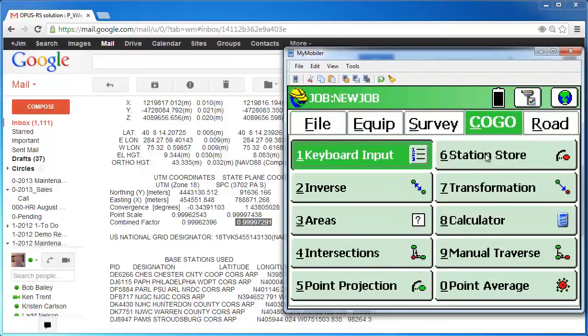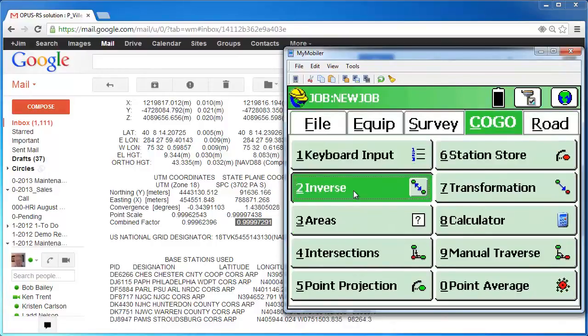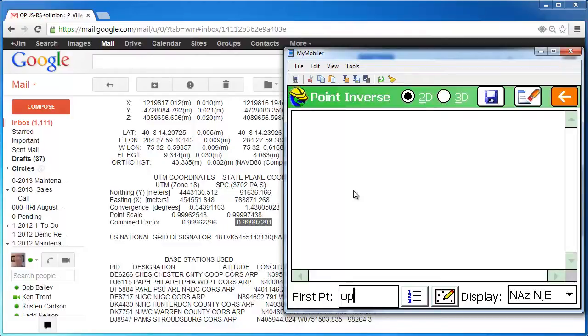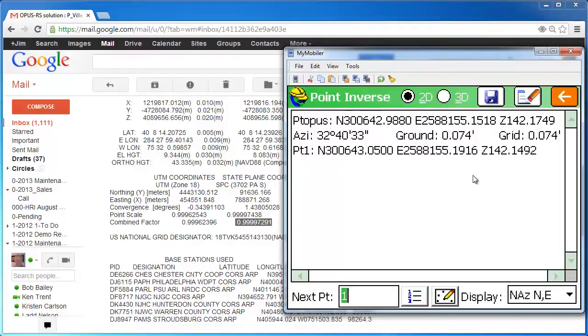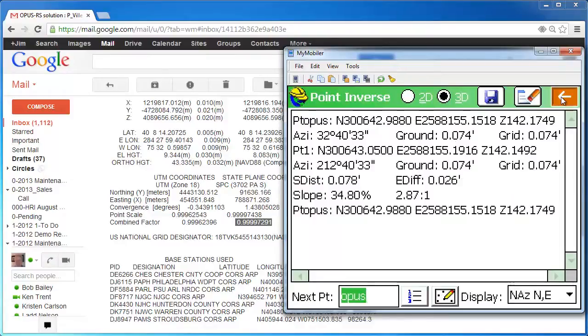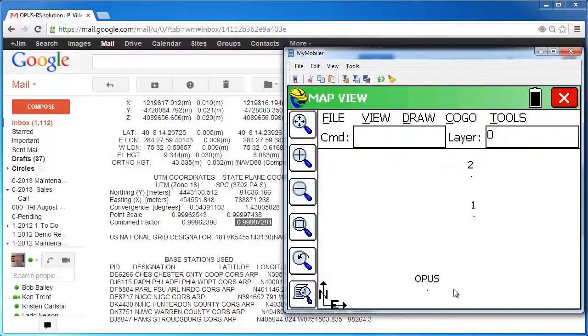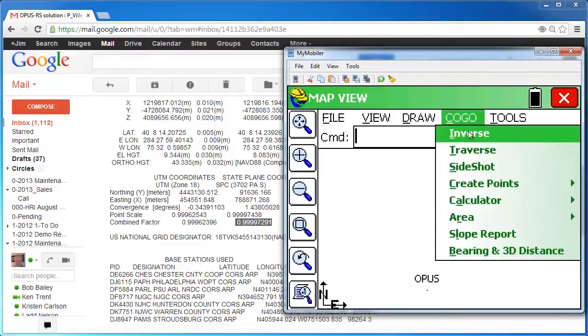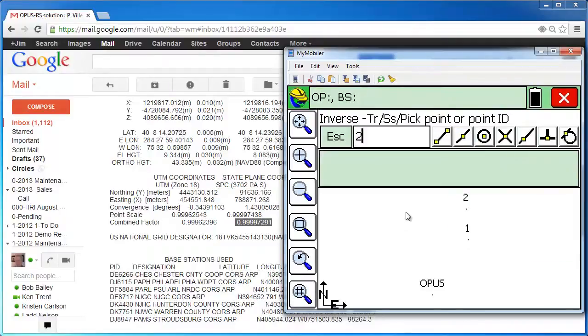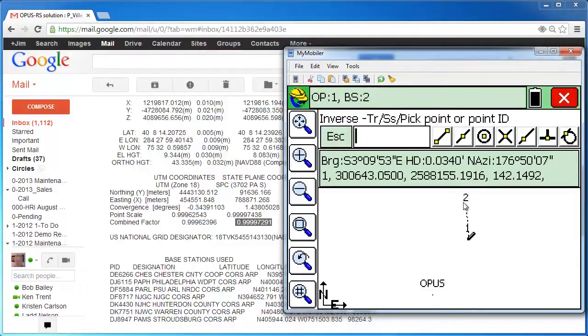And now if we just go to Cogo here and do inverse, and we type in OPUS and go to point number 1, you can see that the ground is 0.074 grid. And if I exit out of here, go to the map screen, and now these two were, I surveyed this point 2 afterwards. I'm going to just go to Cogo, inverse, and I just want to go from 2 to 1. And you can see that we actually had a 0.03 of a difference